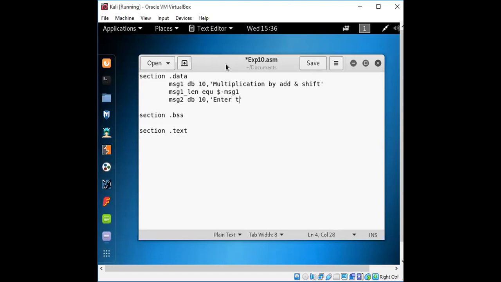So enter the two-digit number. So whatever the part which you need to have, right? So getting the input and the final output which we'll be having. Okay.